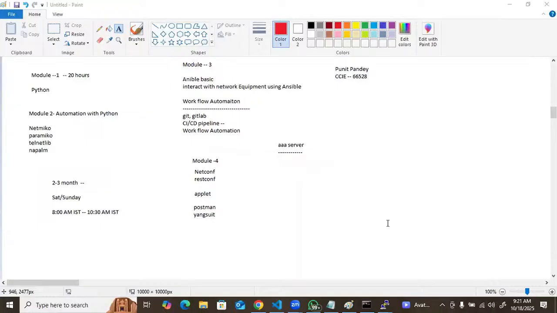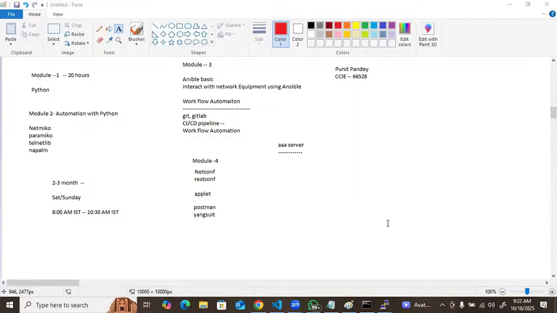Punit, is this only for Cisco devices, or also for third-party devices like Juniper? Yes, it could also work. For Cisco devices, and then for the rest of the devices, only the device type needs to be changed. But I don't know the Juniper commands, so how can you prepare the config for that?